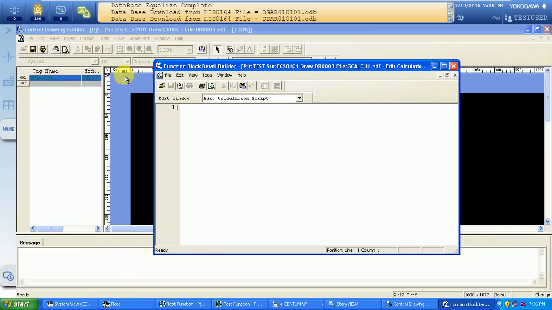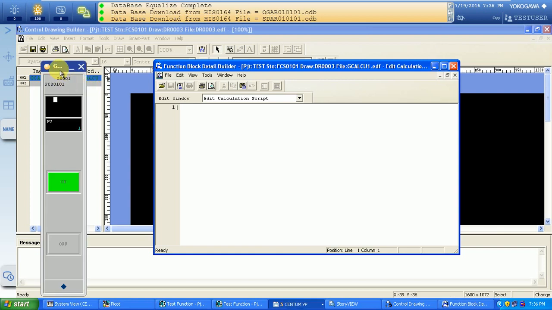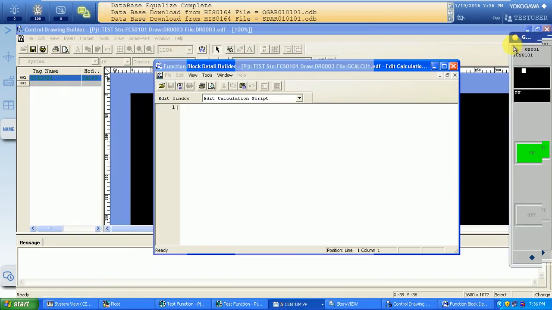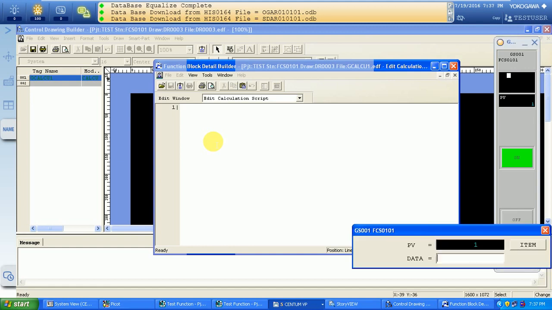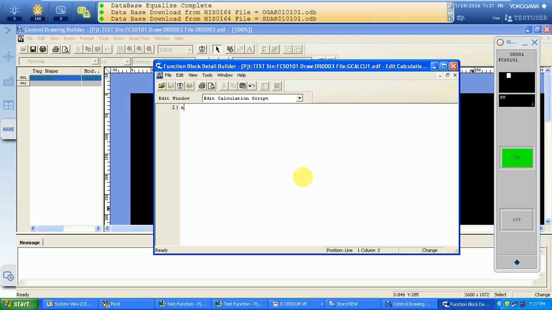Call that. So ALIAS: give a variable name to this tag, A is the variable name, then the tag name GS001, and the data type is PV.